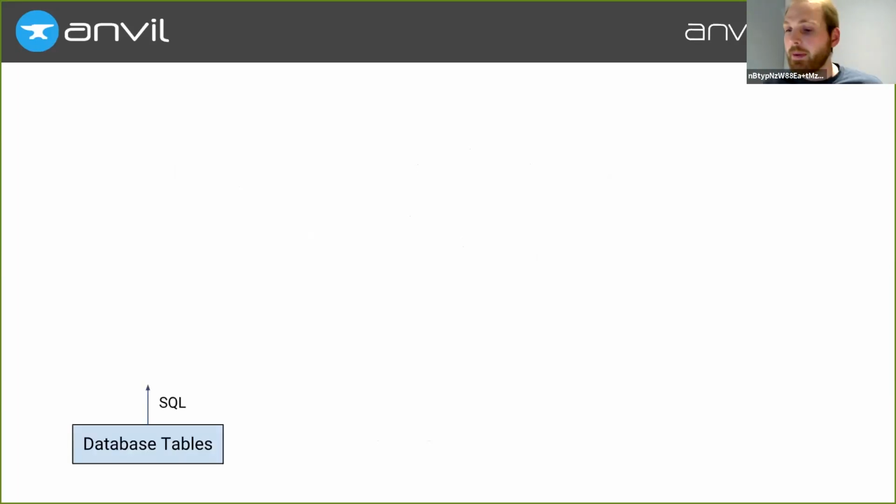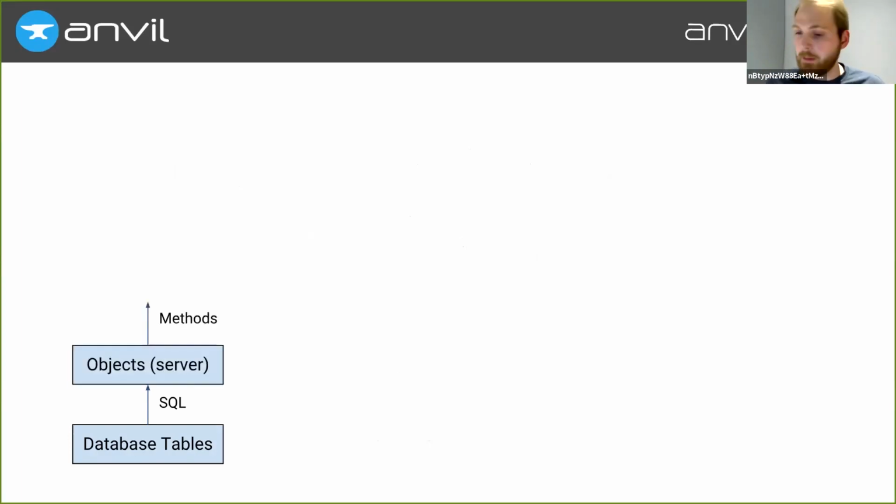your data is going to be in so many different shapes over the course of your application. It is going to start out probably as rows in a database table, accessed by SQL. You are then going to have to transform that data into objects on your server, probably Python, given this audience, but those objects are going to have their own methods and their own attributes to access them. But then we're going to immediately turn around and represent those objects as JSON, accessed over HTTP with this really weirdly limited set of verbs like get, post, put, delete.